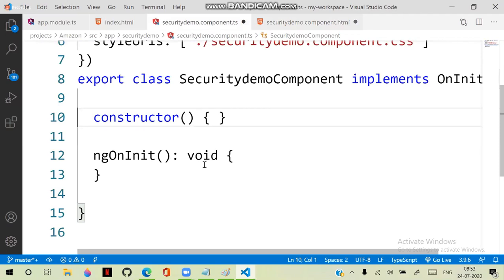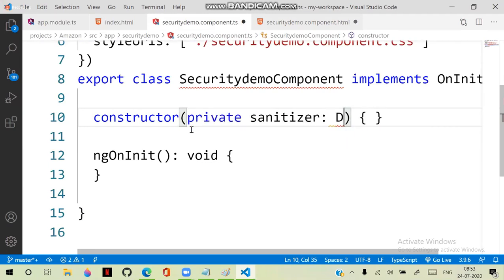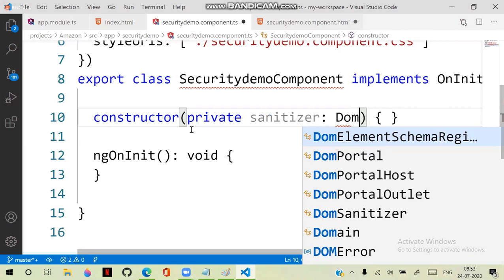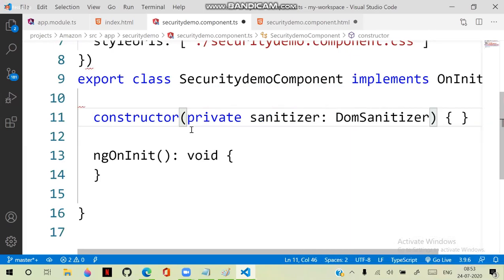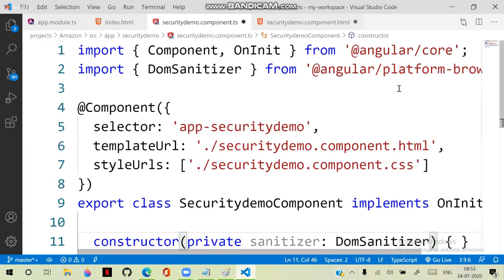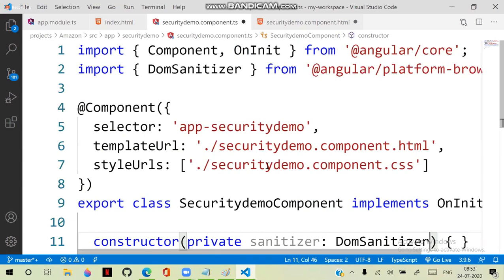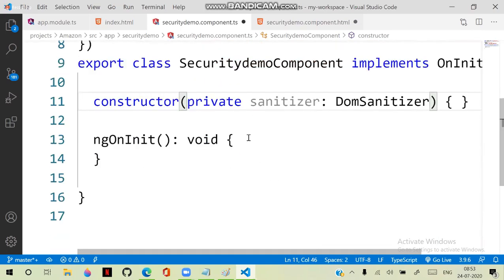In the constructor, we are declaring a private sanitizer. We are importing a DOM sanitizer, which is present in the platform browser, from where you are importing this DOM sanitizer.